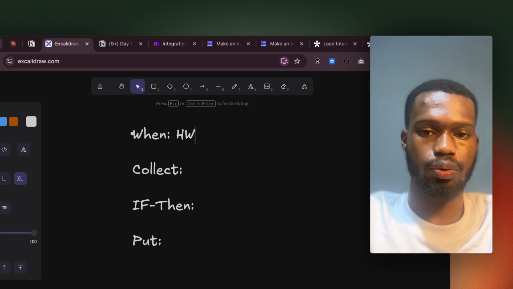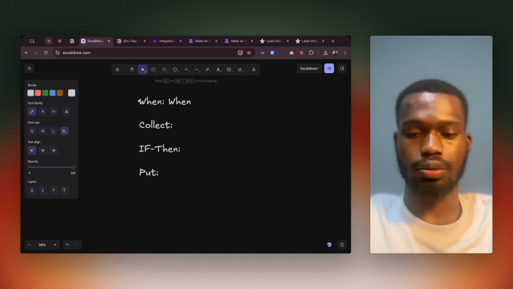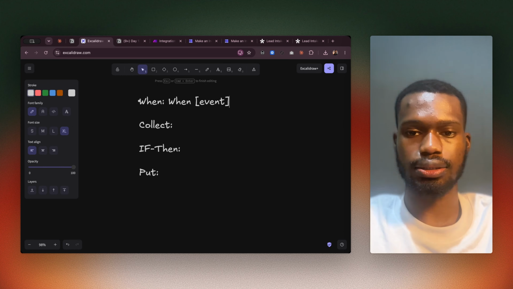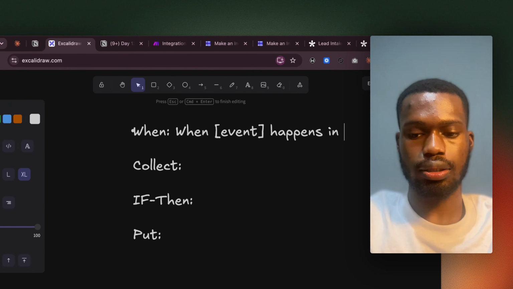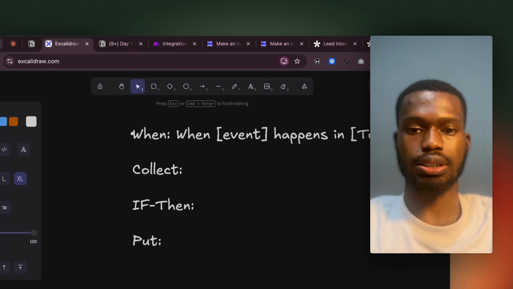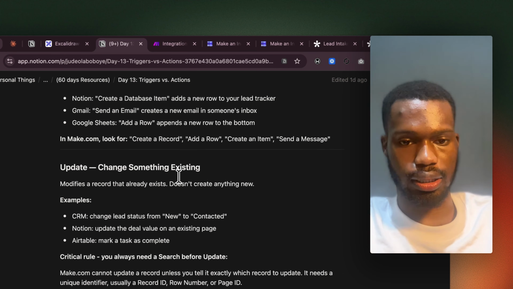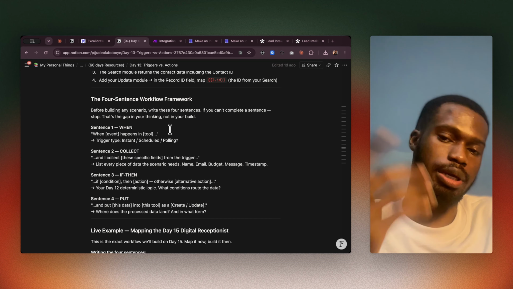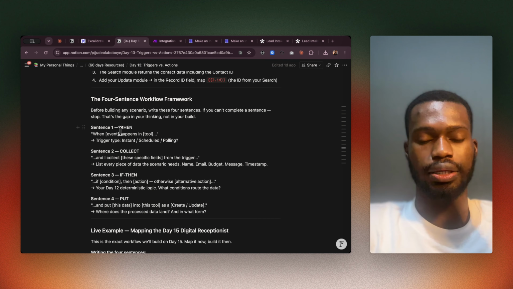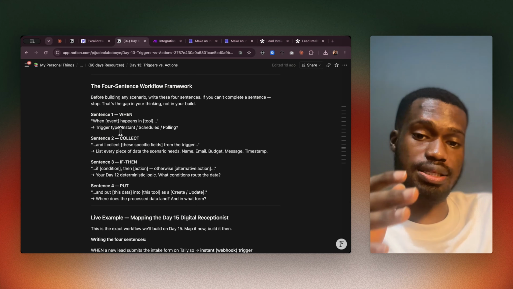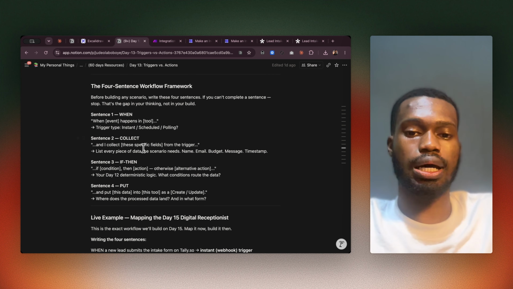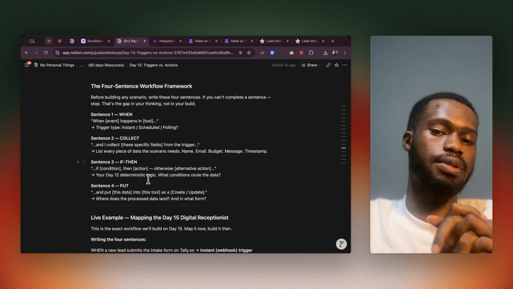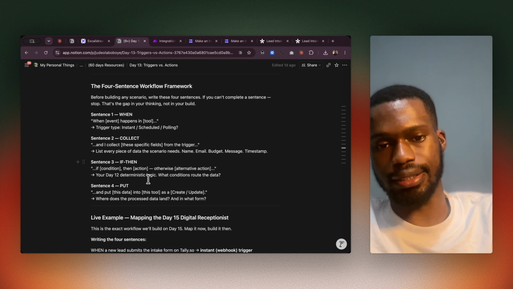This is your trigger. Let me just make it this way: when event happens in tool. I think I should have this here already, I have it set up together. So we should just skip that. So when an event happens in a tool, an example is when someone fills in a form in Tally,